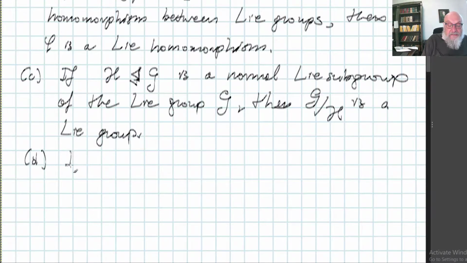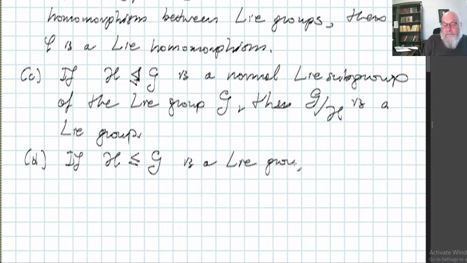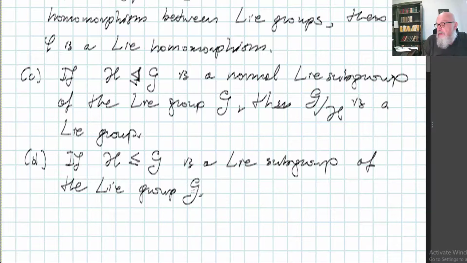Let's go further. If H is just a subgroup of G, is a Lie group, is a Lie subgroup, sorry, it's a Lie subgroup of the Lie group G, then